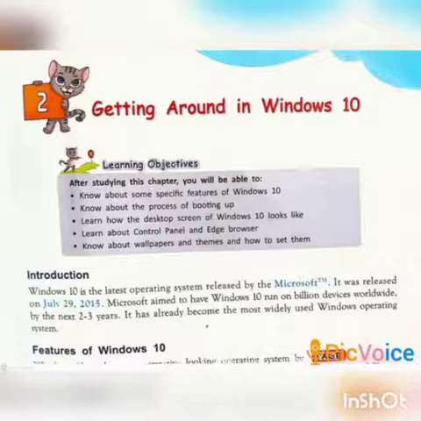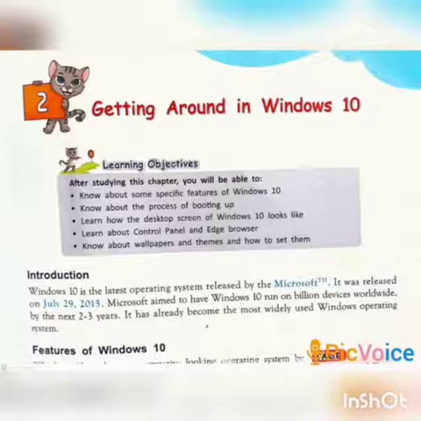Today I will explain about Windows 10. A computer is a machine made of different parts and performs different kinds of things.